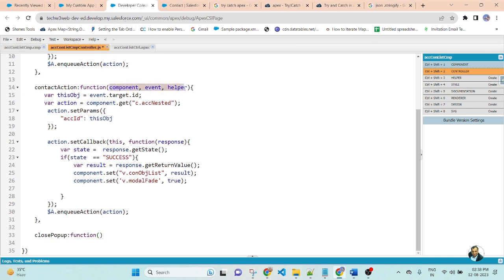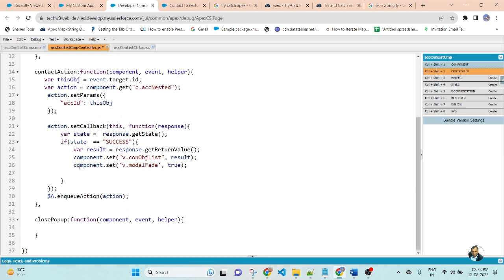The parameters are the same: component, event, and helper. Here I will set false. Copy this component.set, and here set the false value. Save the component.